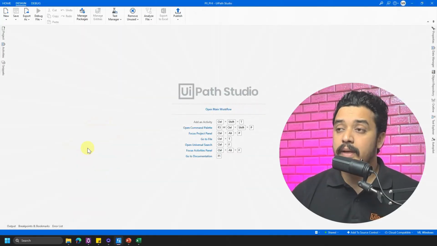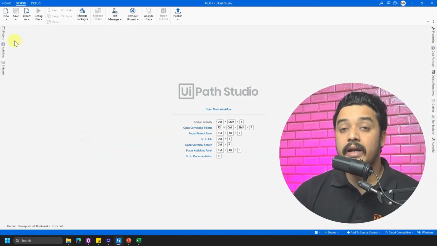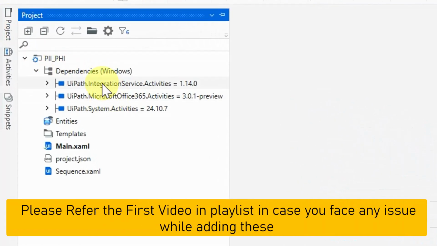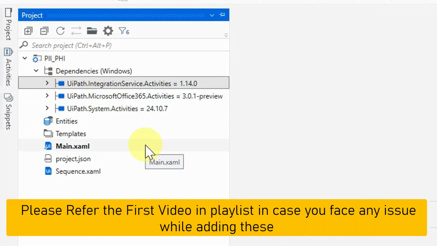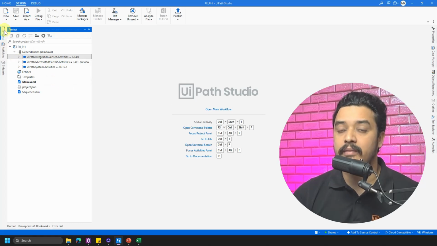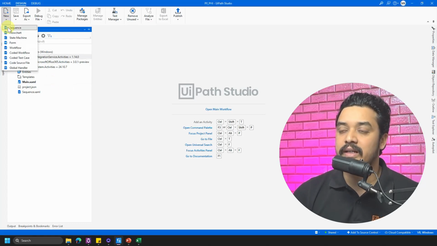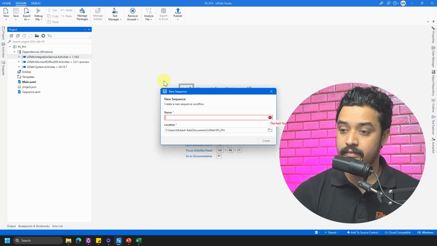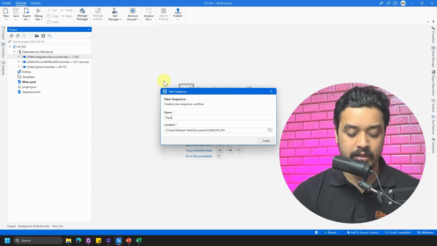Okay, so I am back in my UiPath Studio. I have a project which we have been using, and you can see that I have added the dependency of UiPath.IntegrationService.Activities that gives us all these GenAI activities. Okay, now the first thing is we want to read the data, and before that I just want to go and create a sequence. Okay, and I'll call this sequence something like transaction classification